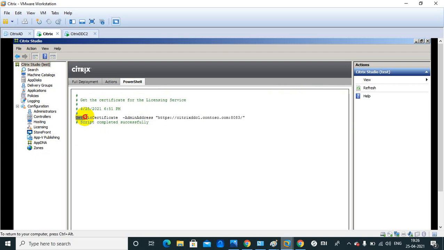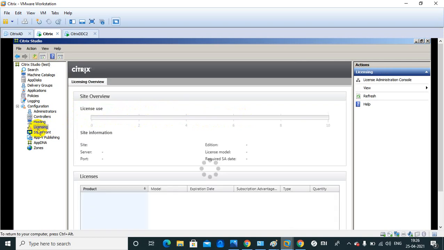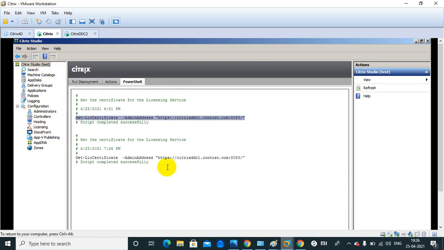For example, Get-LicCertificate is the first command, which was created at the time I connected the license server with this console. So everything you are doing from here, it will give you the PowerShell command also. If you want, you can copy that and make a note for your reference.